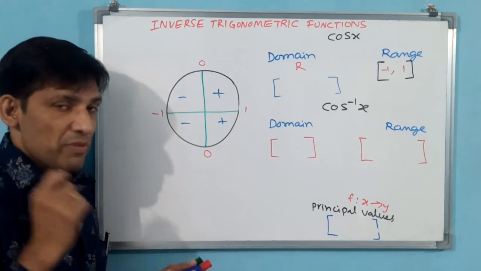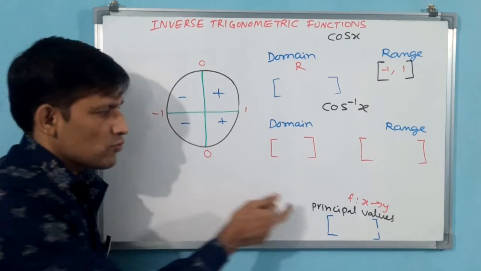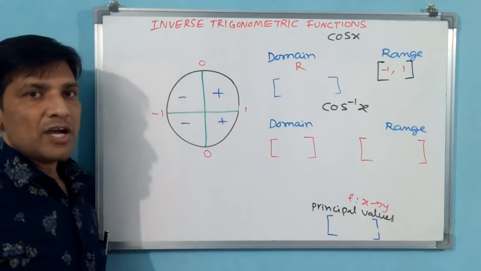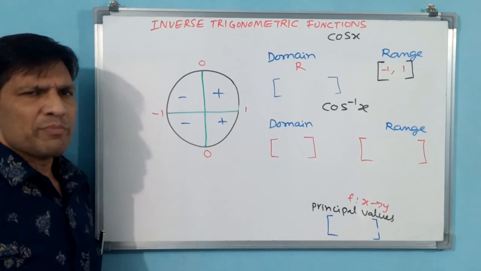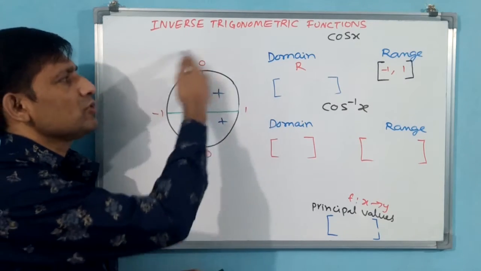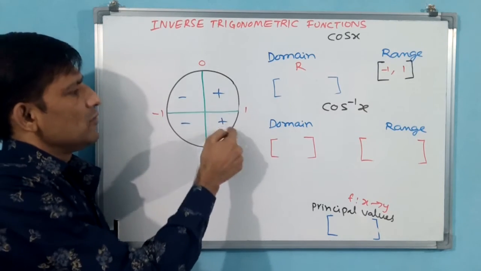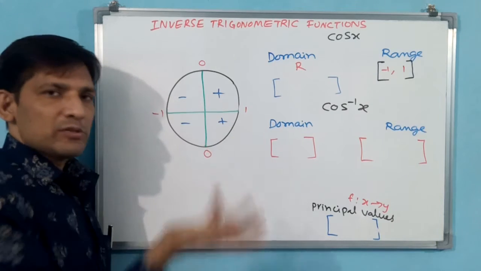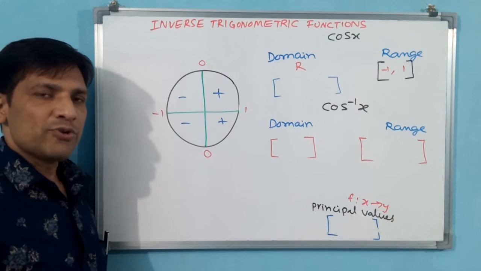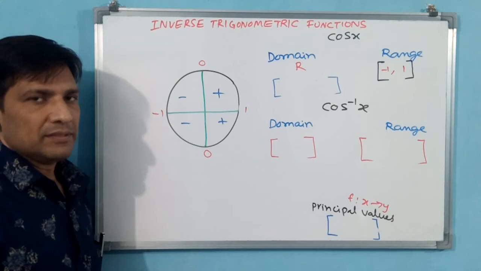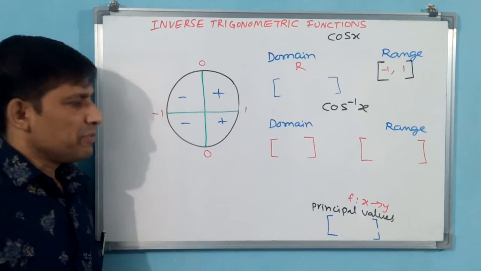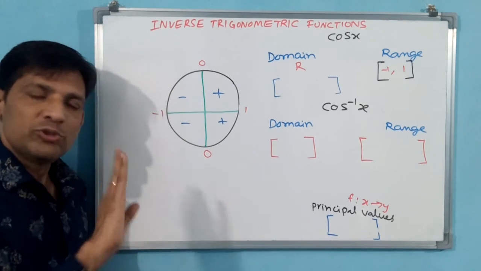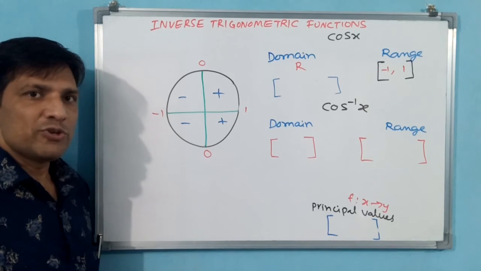Okay, to make it one-one, what you have to do is restrict the principal values. Is the principal solution going to work? No, the principal solution is not going to work. Why? Because for the principal solution 0 to 2 pi, 2 times positive values and 2 times negative values are going to come. That is why that is not going to serve our purpose. Okay, that is why you have to take principal values. Forget the principal solution. Principal solution is 0 to 2 pi.